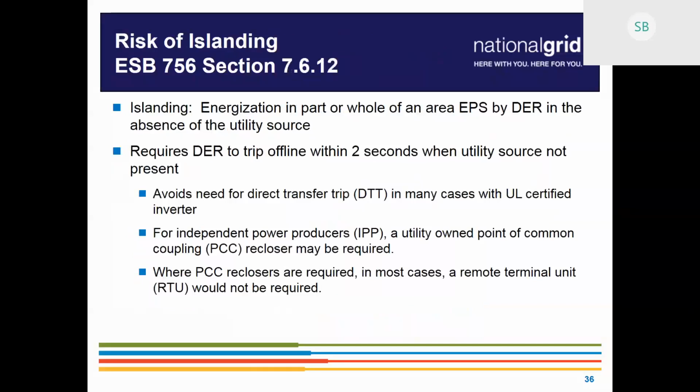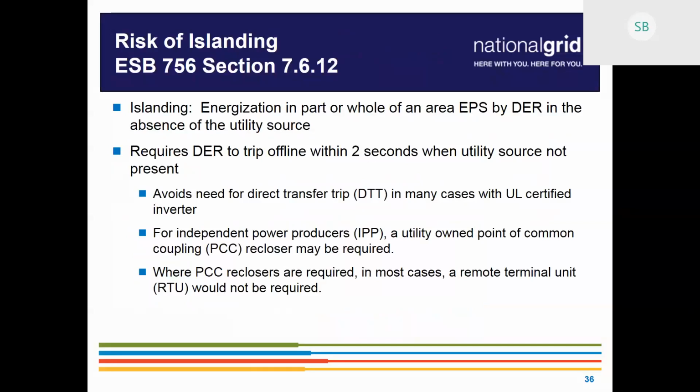So, for risk of islanding, maybe a year or two ago there was a slight revision to this. I don't know if people remember the way it used to be, but this is the way it is now. The islanding condition is one where, on any line section of our system, the DG can support and continue to provide power to the load there, to all the customers on that section, in the absence of the utility source. An example is our substation breaker opens, and if all the DG were to continue serving everybody on that feeder, we don't want that.